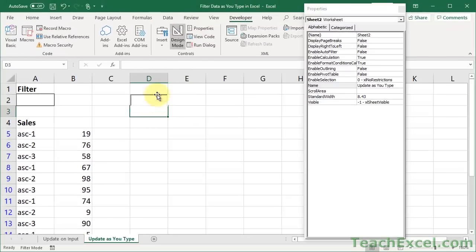Let's go over here, turn off design mode, go in here, type hello. So notice that everything I do here is mirrored in cell C2. 1, 2, 3. Hi there. So it's pretty cool. Now that the cells are linked, we could jump right into the macro, but I have